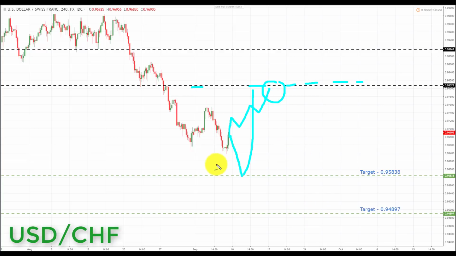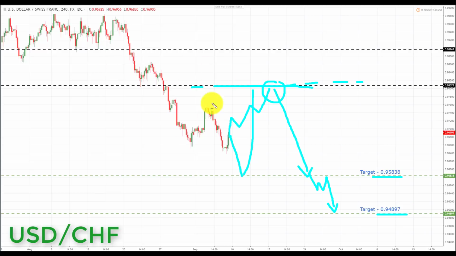So either way, if we are going to look for shorts in the US dollar Swiss franc, we would first of all like to see a pullback to retest broken support, looking to turn resistance at the 0.98073. If we get a pullback into this area, this is where we can start to look for bearish formations and patterns, and we'll be looking at initiating shorts to the next key area of support to the downside, and target 1 is set at the 0.95838. And if we get a breakthrough here, we're going to be looking down towards the next key area of support to the downside and target 2 at the